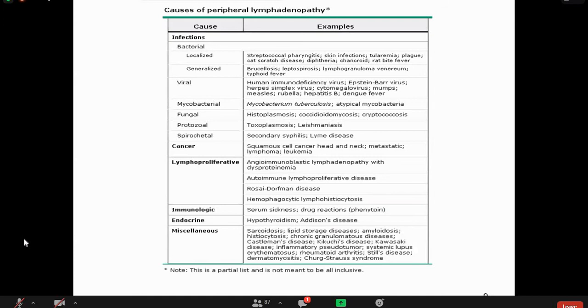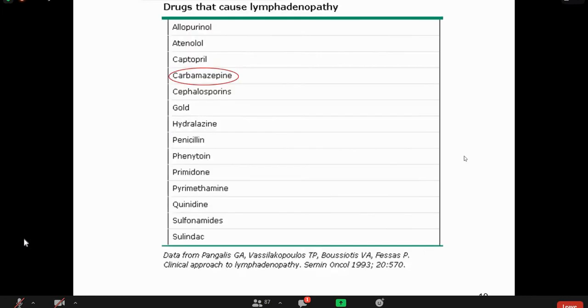So this was a brief review of the diseases so that these diseases do not sound strange to you. But I know it is very difficult to go through each of them at the moment. But please remember that while talking about something, one should have a brief idea of what we are talking about. So, drugs that cause lymphadenopathy. Phenytoin has been mentioned over here. Please remember these names, or try to remember at least these names.